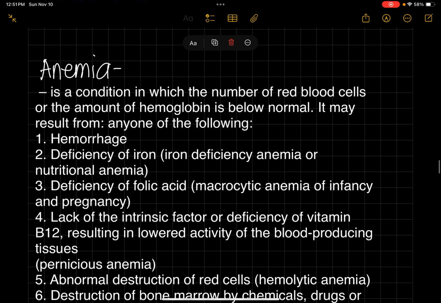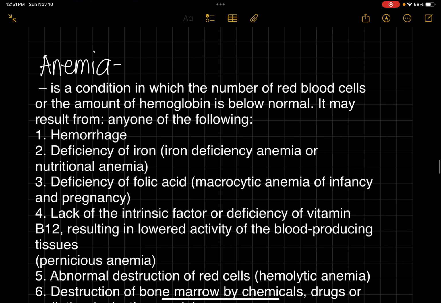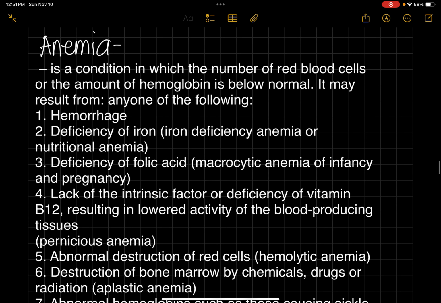Anemia is a condition in which the number of red blood cells or the amount of hemoglobin is below normal. It may result from any one of the following. We have hemorrhage. What is hemorrhage? We release blood uncontrollably, it is not controllable,